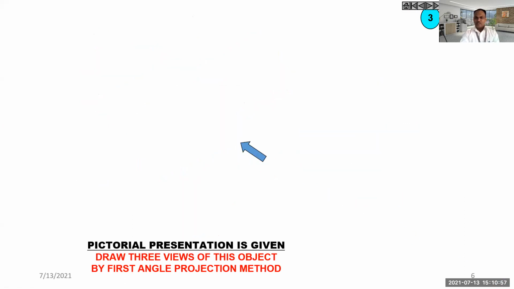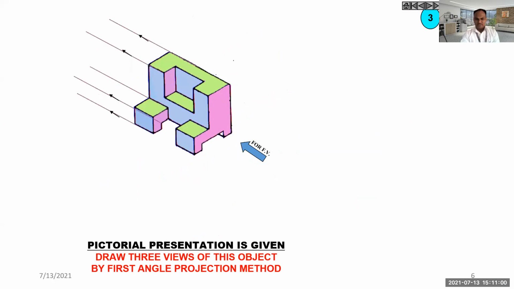Now third example, just yesterday we have seen. So in this case you can only see this portion. यही portion आपको दिख रहा है to your perpendicular projections. Perpendicular projection के लिए आपको उतना ही दिख रहा है, लेकिन यहाँ पे कुछ dotted दिखाया हुआ है. Why it has been shown dotted? Because it is hidden portion inside. ये छोटा वाला cut जो आपको दिख रहा है, that has been cut here, and that's why it is a hidden portion, and we have shown it with the help of dotted line or hidden line.